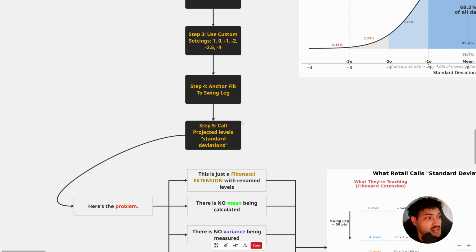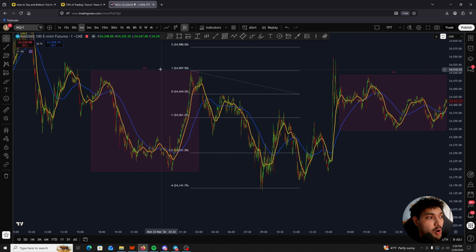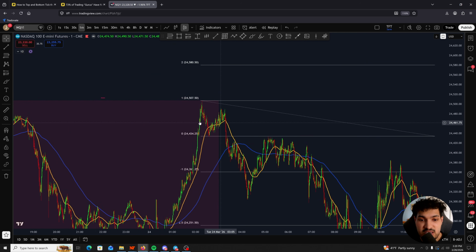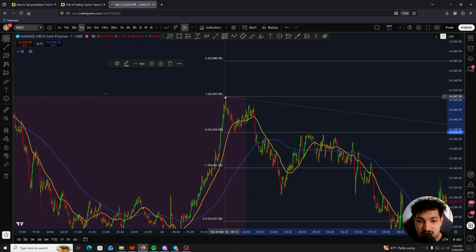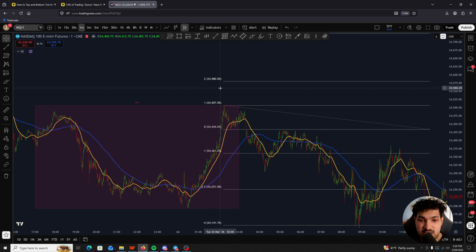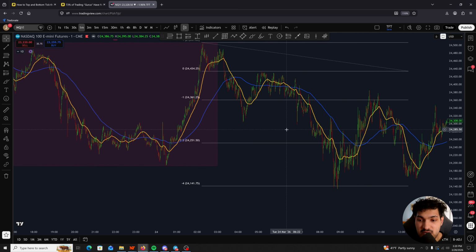and they call these projected levels standard deviation. And we know this is just not true. This is not how it works. So over here on price data, I've shown you an example of how it works. For example, they'll take a random swing leg like this, and then they'll have all these extensions marked out, 1, -1, 2, 2.5, 4, and they'll have these marked out on their charts,